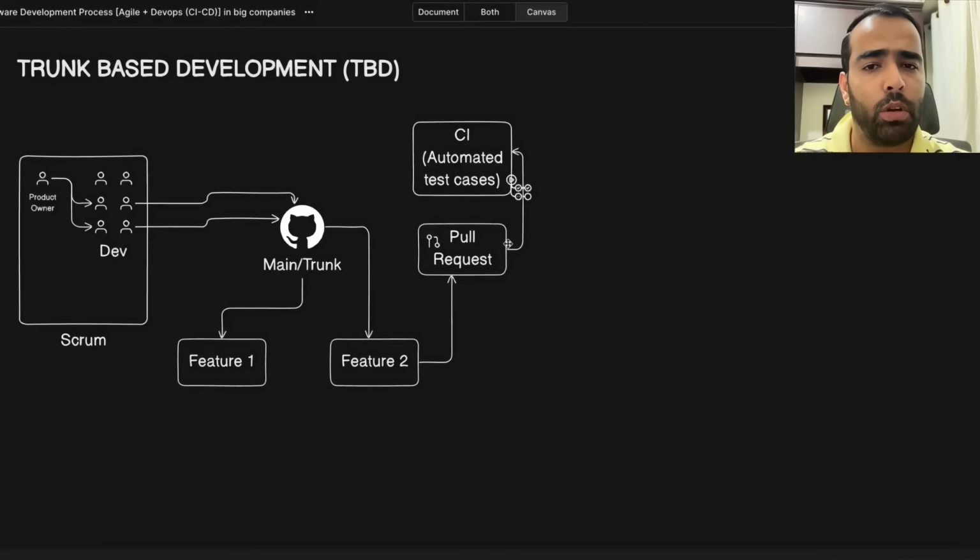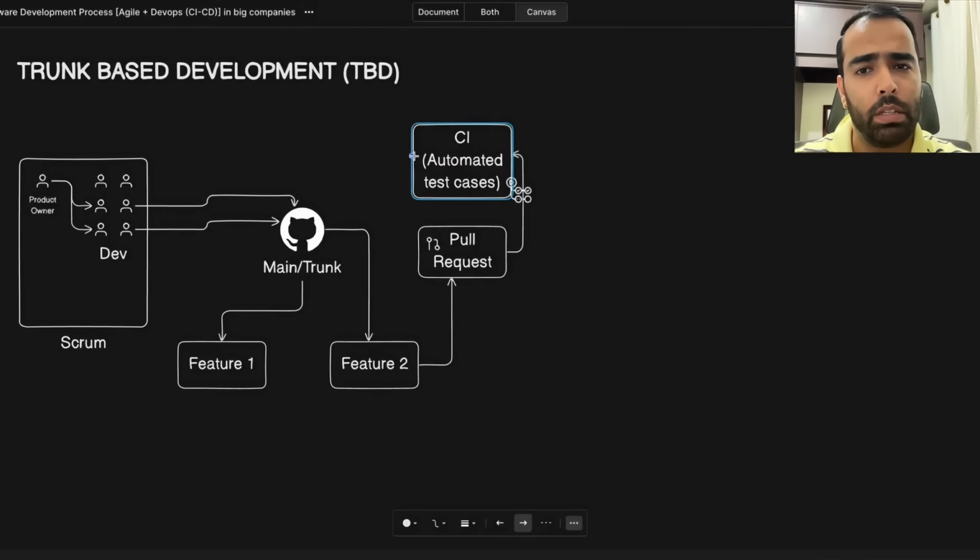Your code review process should also be fast. Once I create the pull request, the first step is that all the test cases run against my code, and once all test cases have passed, the code review process should also be there, so that the other developers of the team are able to review and give their approvals on it. That's how it should work. Once everything is done in this step plus code review, the code will get merged into the main branch.